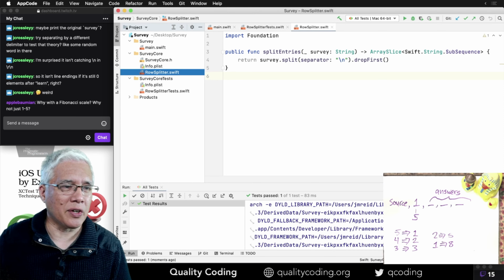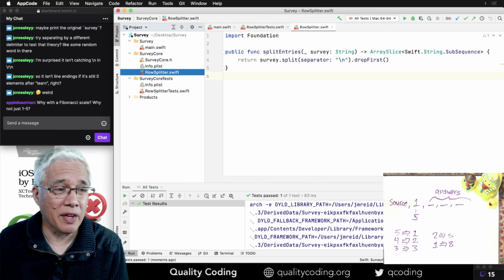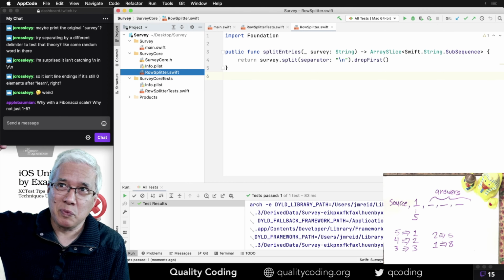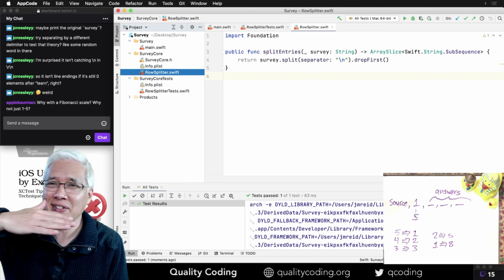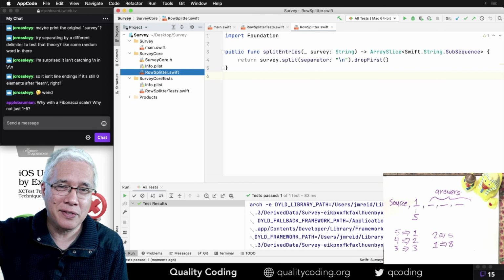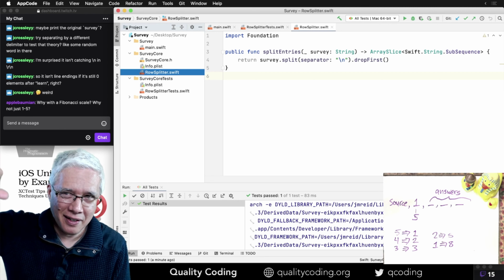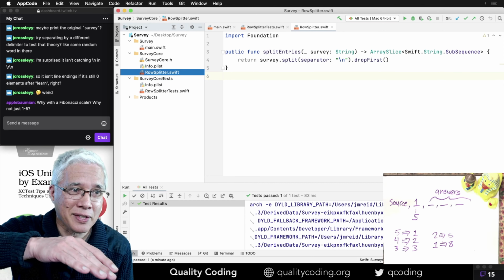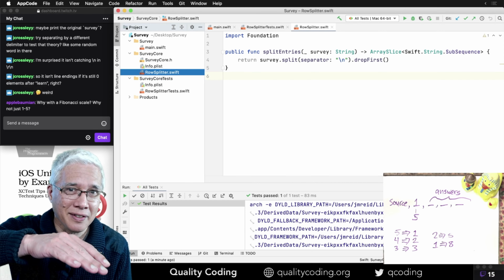Why Fibonacci scale? Why not just 1 to 5? Because nature is in Fibonacci scales, and I want to give extra weight to somebody who is really interested in my course, and a fair amount of weight to somebody who's pretty interested, and very little weight to somebody who is not interested.